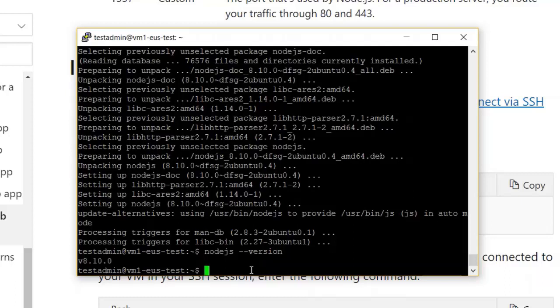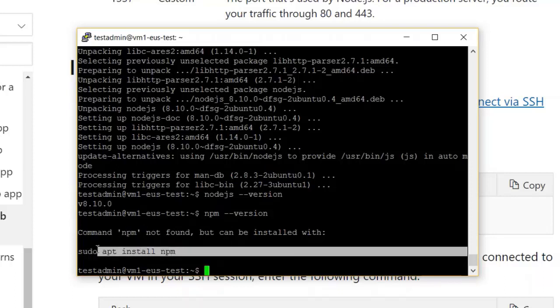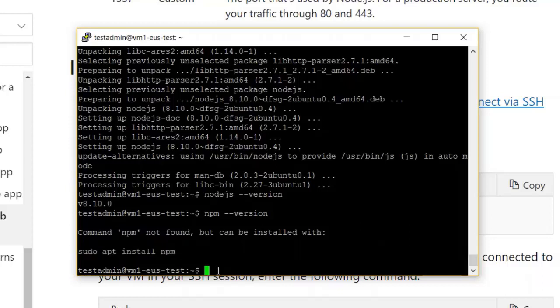As you can see, it is showing that npm is not installed. So you have to use this command, sudo apt install npm, to install the npm package.